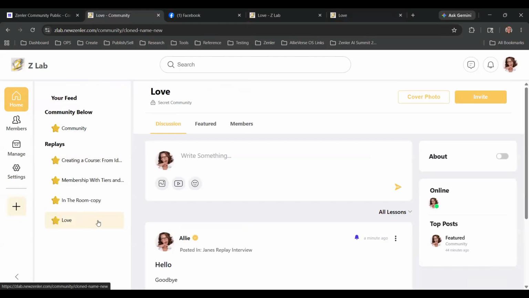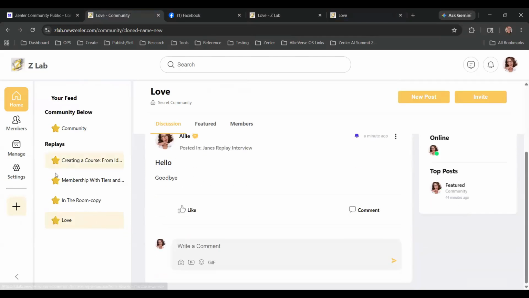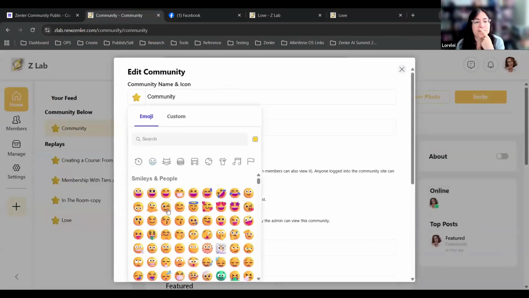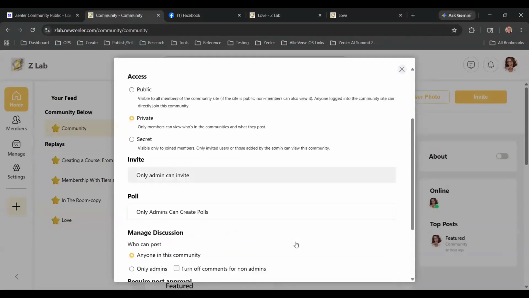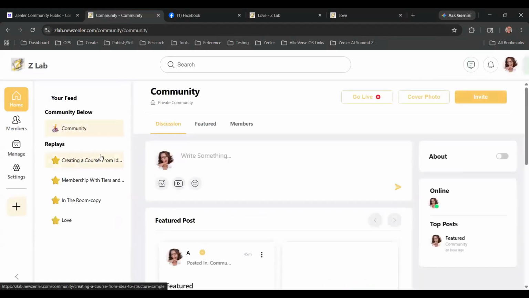So now these stars are courses. They're not lessons. Each one of these is a course. And you can change that too, right? And you should. I don't like the stars. I'm going to edit community, so I just need some things here to change the way this looks. Because that's the default, so it just looks okay, but you can have these be anything, but each one of these then is its own course.